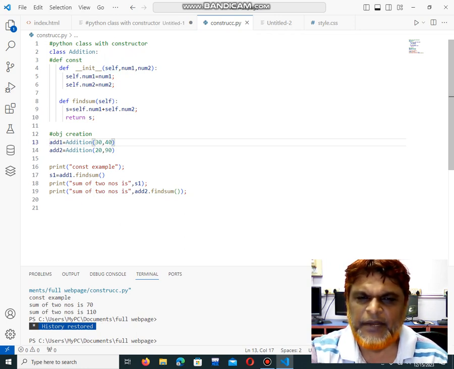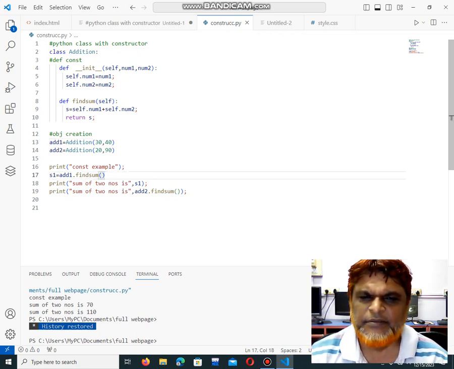Now I am passing two sets of values, since I am calling two objects. However many objects you are calling, that many sets of values you can pass. And here I am assigning one object: I am calling object 1 with the function, and that result is assigned to the variable.